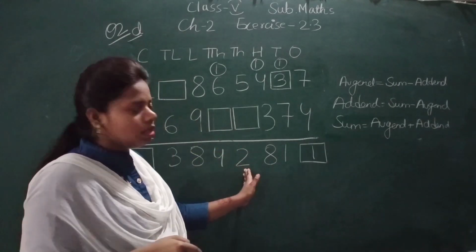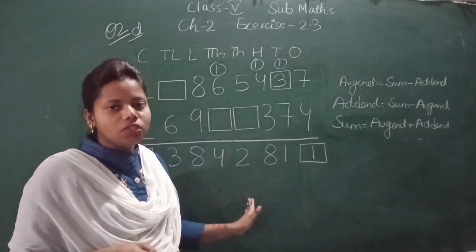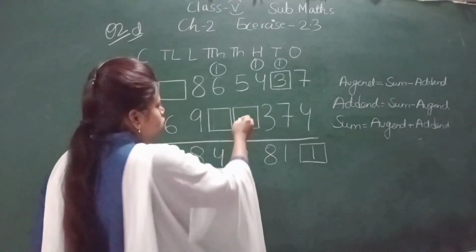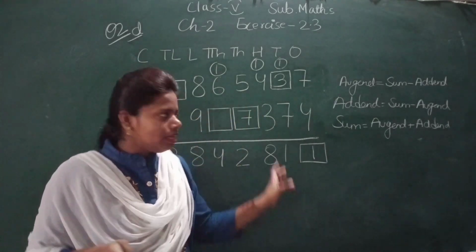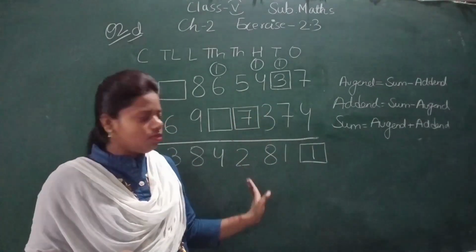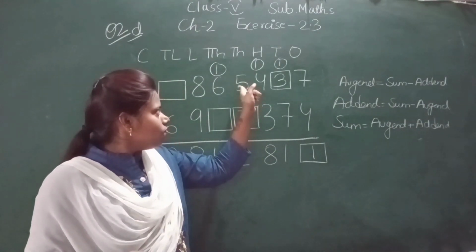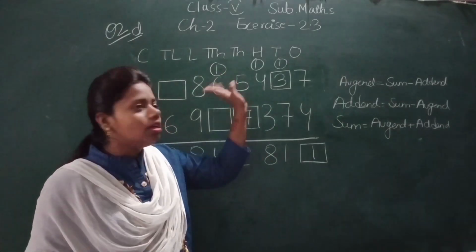Okay, so now this has become 12. Now 12 minus 5 is how much? 12 minus 5 is 7. So I have filled this box. Okay, and here nothing was carried over, so I have not counted that. So now let's check whether this one is correct or wrong. 5 plus 7 is how much? 12. 2 we have written here, 1 we have given carry.